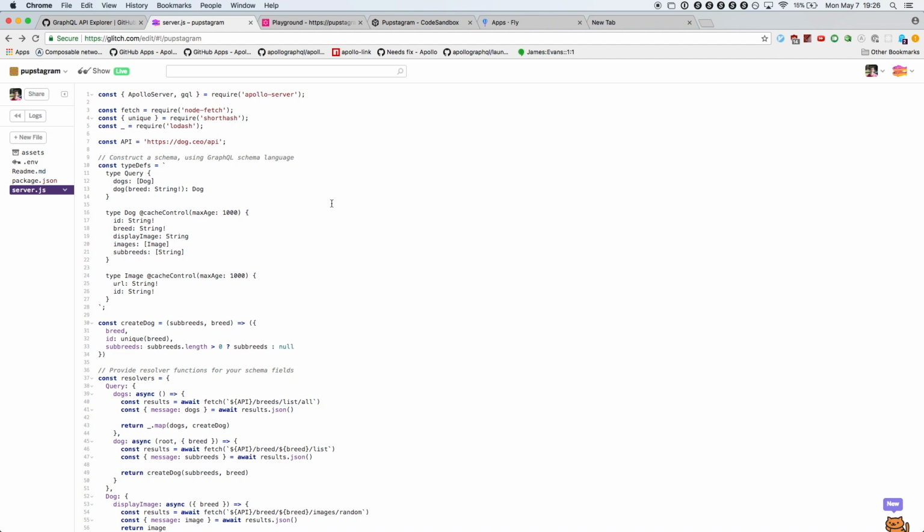The main thing is you have some imports, and your GraphQL server ends up, I'm going to be demoing Apollo server, and using this, creating a GraphQL layer to wrap the dog CEO API. It's a nice way to get dogs and breeds and pictures, and we'll see how that lines up to a front end. So the important thing to notice, let's see if we can zoom in,